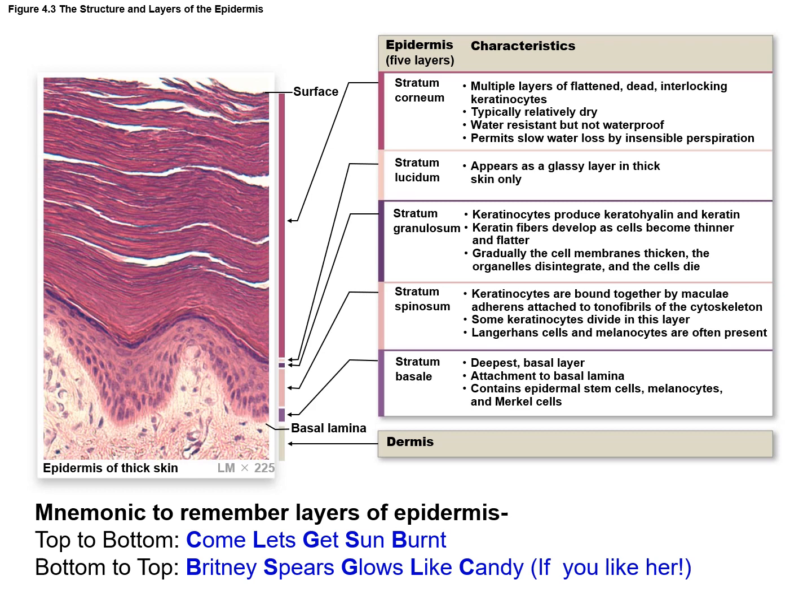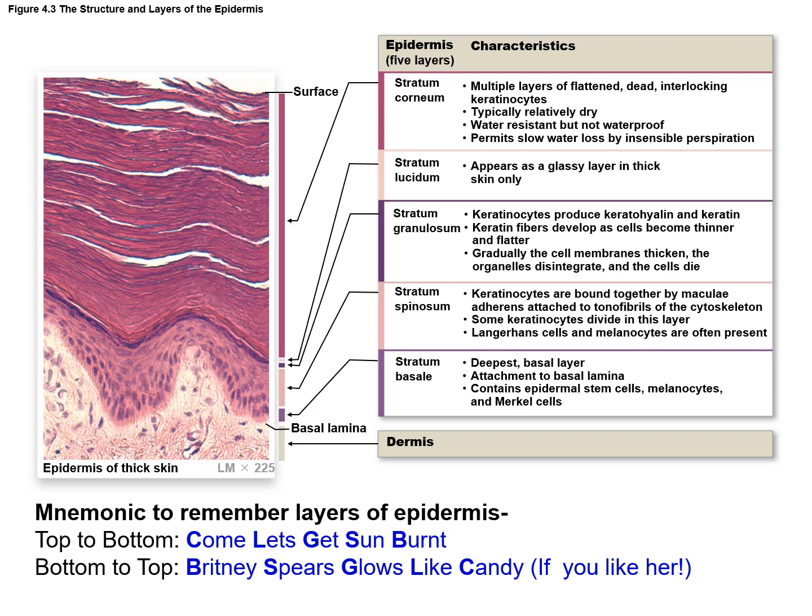So this figure gives you the 5 layers of epidermis. Remember that only the thick skin will have 5 layers. The thin skin will not have 5 layers. In the thin skin, the stratum lucidum is absent. So from top to bottom, that means from superficial to deep, the layers are stratum corneum, stratum lucidum, stratum granulosum, stratum spinosum, and stratum basal.